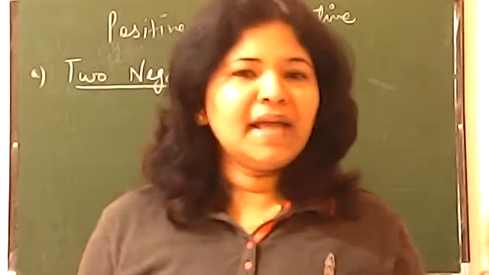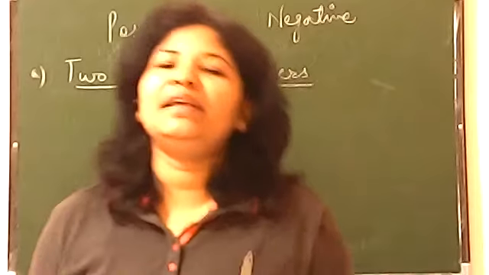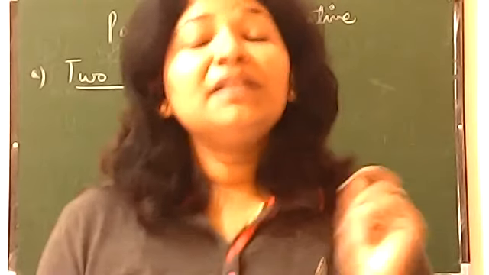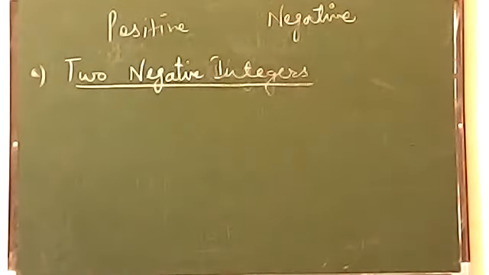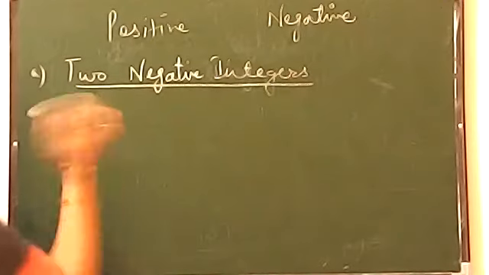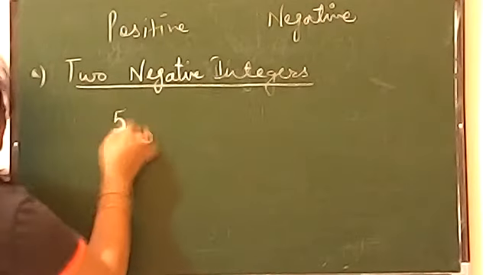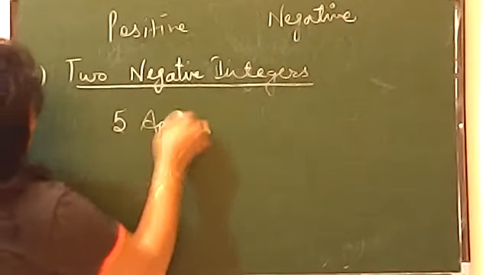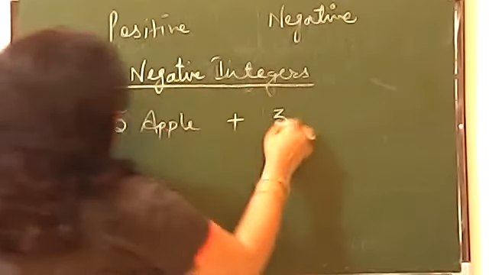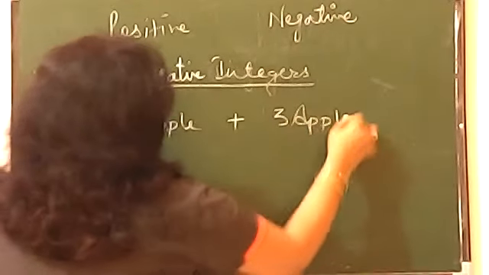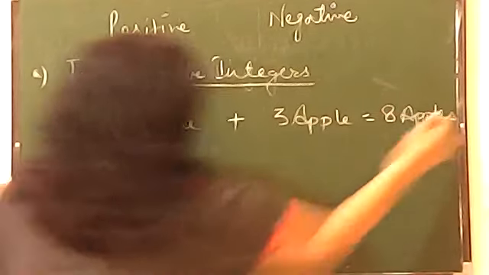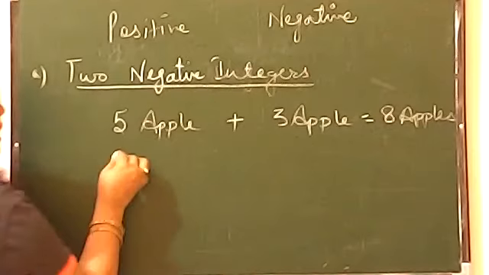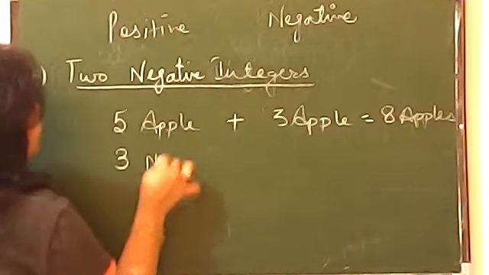You had 20 negatives, I gave you 10 more negatives. What is the total now? 30 negatives, absolutely correct. It's just simple, beta, that when you are adding the same thing, suppose for example I give you 5 apples plus 3 apples coming together will give you 8 apples. The same like if you had 3 negatives,